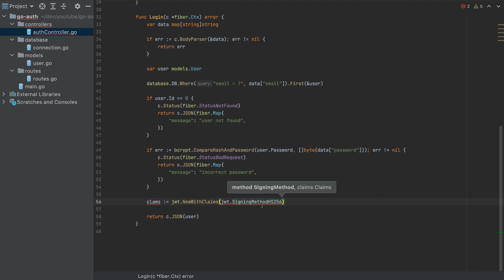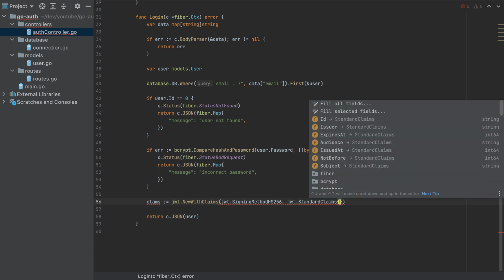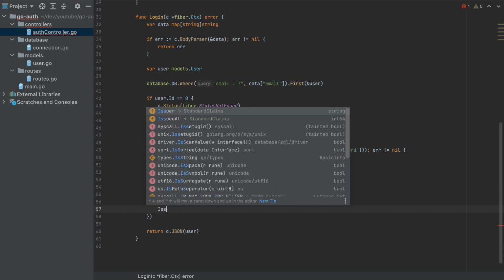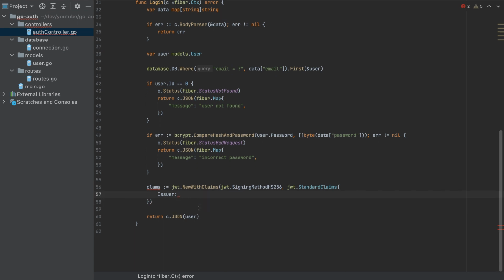So there are a lot of methods, but I will use this HS256. And the second parameter is a JWT standard claims, and inside we will pass an issuer. The issuer is our user. So what we want to pass here is the user